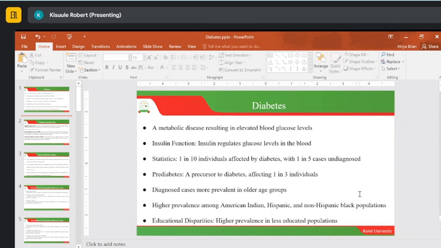And we are saying that the diagnosed cases are more prevalent in older ages and older groups. Some people are talking of inability to secrete enough insulin to regulate the blood glucose levels as someone ages, etc. And also some people are talking of cell walls being damaged, leading to a lot of glucose entering into the cells. A lot has been talked about that, and we are seeing there is a high prevalence among American Indians and Hispanics and non-Hispanic black